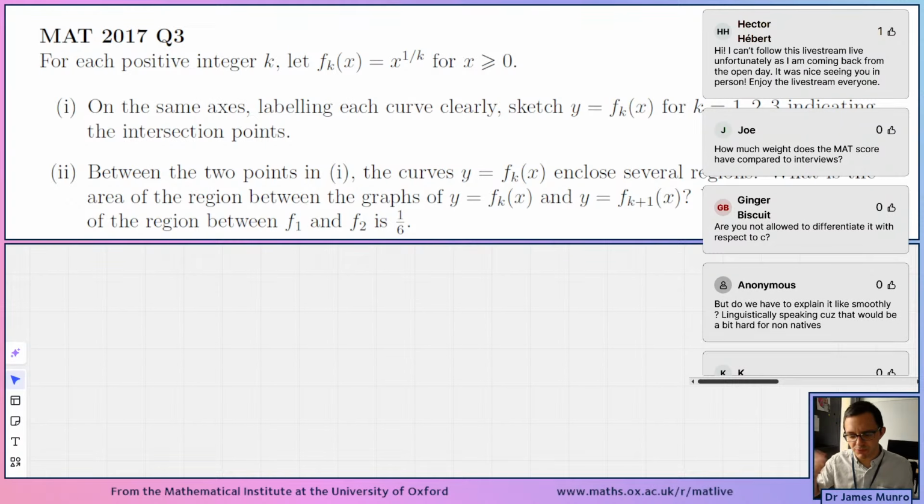We don't have an official numerical weighting on these things. We don't combine the numbers together. But broadly speaking, if your interviews are very good, then that's enough. If your interviews are kind of okay, then anything goes. Tutors can look at all sorts of information from your UCAS form, your MAT, your interviews. They've now met you. They can take all of that mathematical information into consideration as they make those final offers